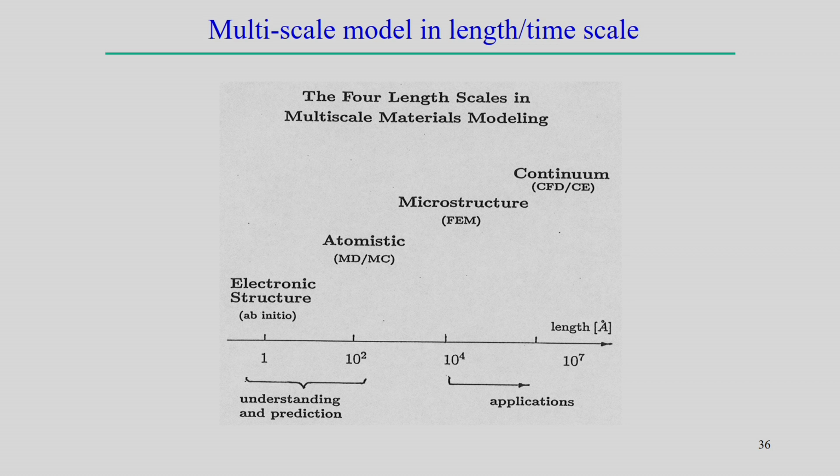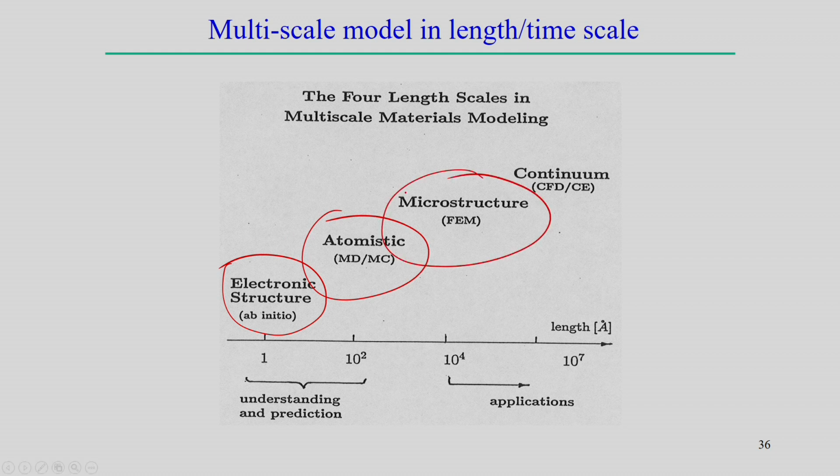So, now people are working with different scale modeling approaches. Normally, four length scales in multi-scale materials modeling are used. One is the electronic structure, where we look at the very lowest scale for understanding and prediction. Then the atomistic scale, then we look into the microstructure, where the finite element method can be used. At the atomistic scale we can use molecular dynamics